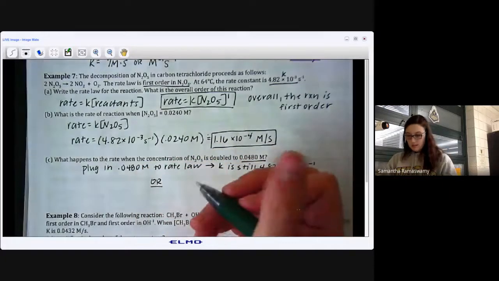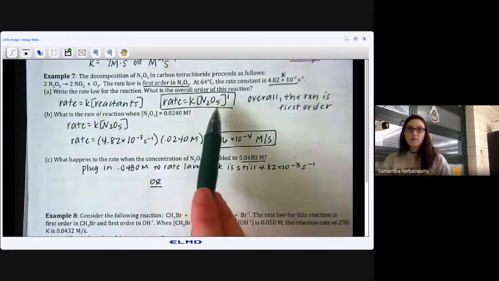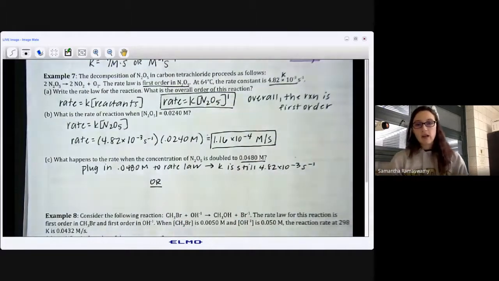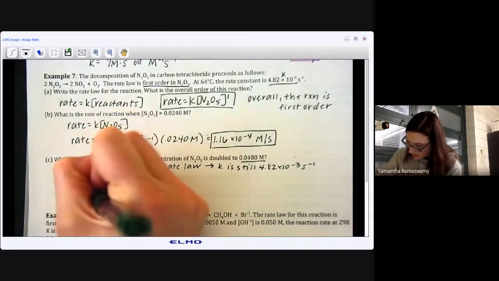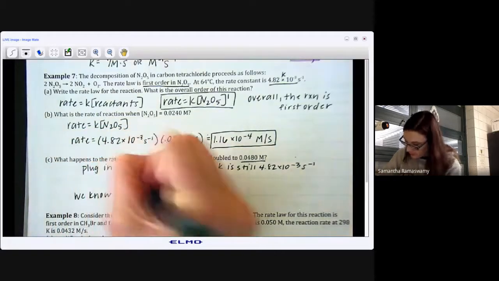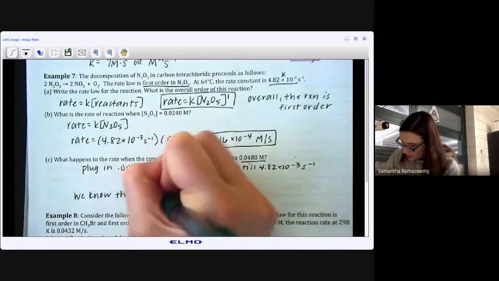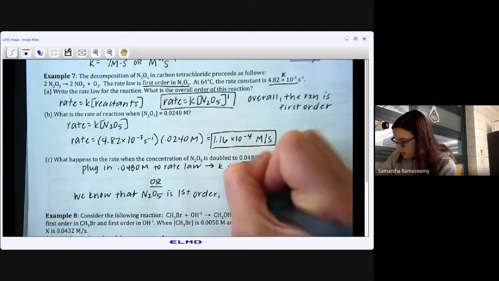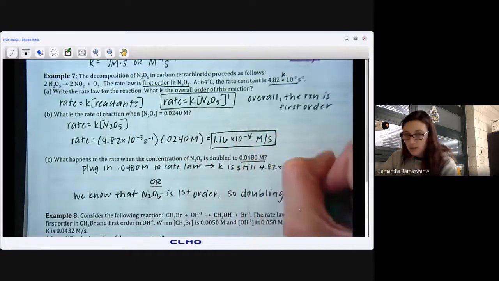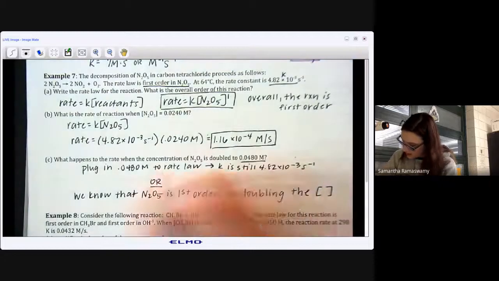Or let's think about what it means for N2O5 to be first order. Remember, when a reactant is first order, whatever you do to the concentration, you do to the rate. So if we doubled the concentration, we double the rate. We know that N2O5 is first order. So doubling the concentration